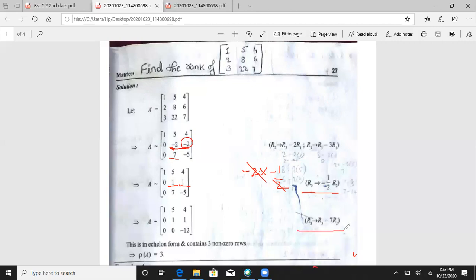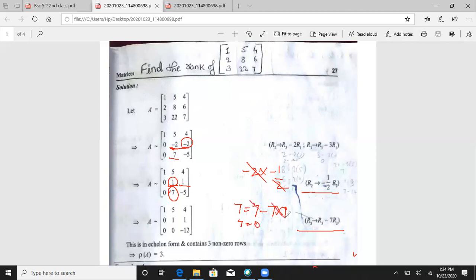Okay, next go to the operation on the third element, this is R3. R3 means R3 minus 7R2. Why? Here 1 is there. Okay, we are operating on this one, 7. That's why R3 equal to R3 minus 7R2. R3 means that is the 7. Okay, 0 minus 0 is 0. Then R3 equal to 7 minus 7 into R2. R2 means that is 1. That is 7 minus 7, equal to 0.